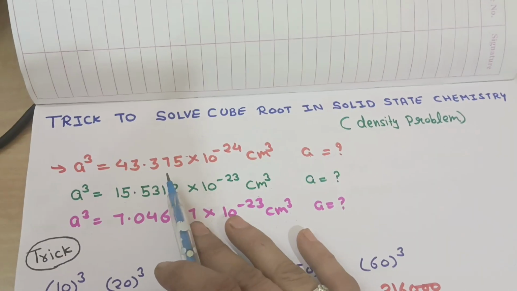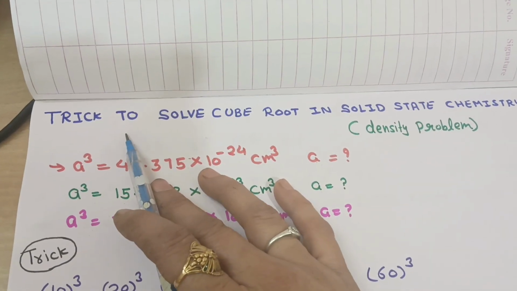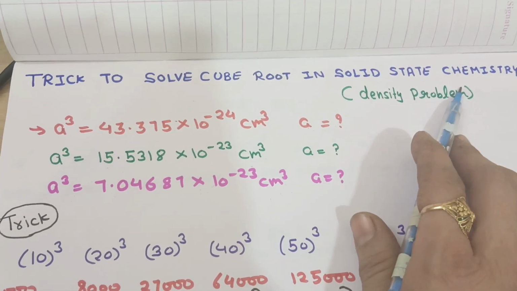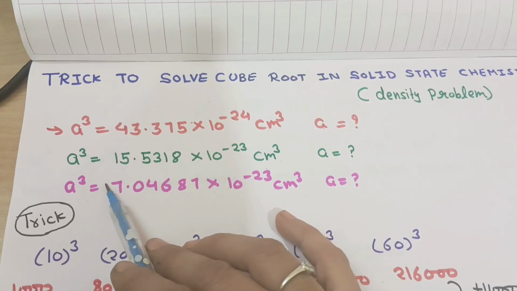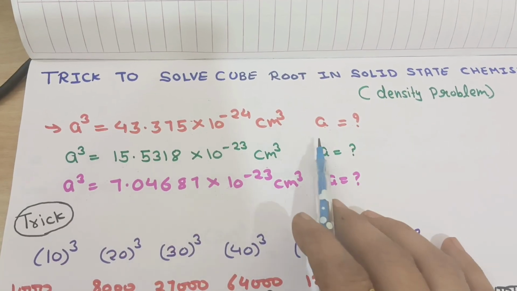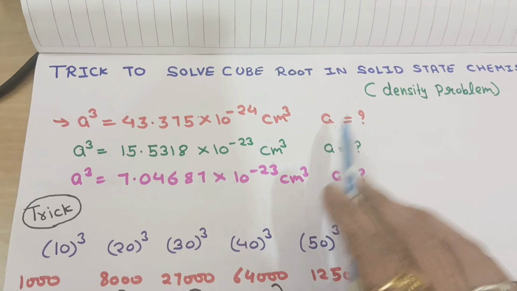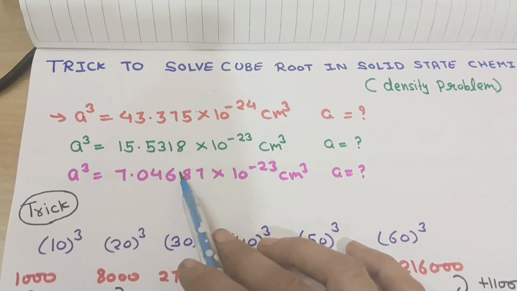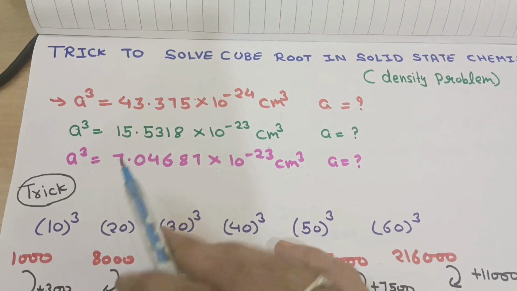Hello my dear students. In this session I am going to discuss a trick to solve cube roots in solid state chemistry. Here a is the edge length of a cube. From a cube we need to find the value of a. These we observe in density related problems. Here are some examples of a cube. This is the value of a cube